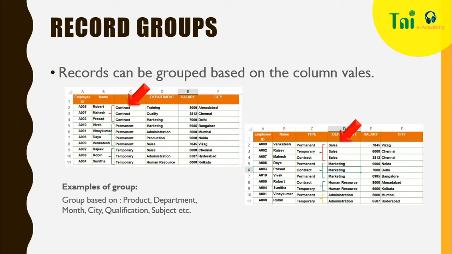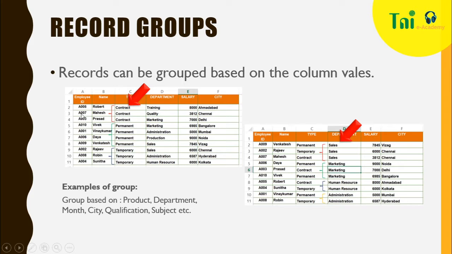You can group the records in a table based on the column values. Say, for example, in the first table we have columns like employee ID, name, type, department, salary and city. In the type column, there are three categories: contract, permanent and temporary. We can group the records.